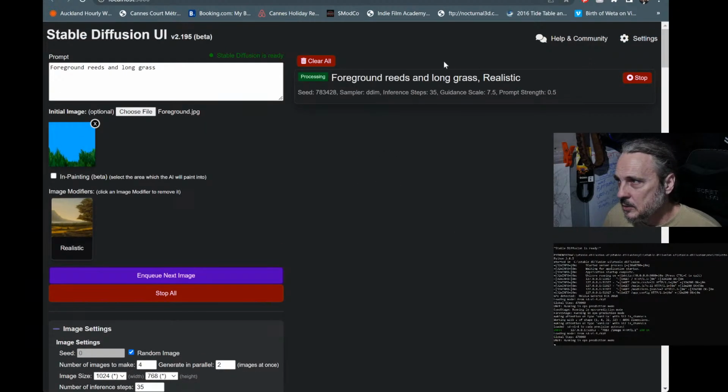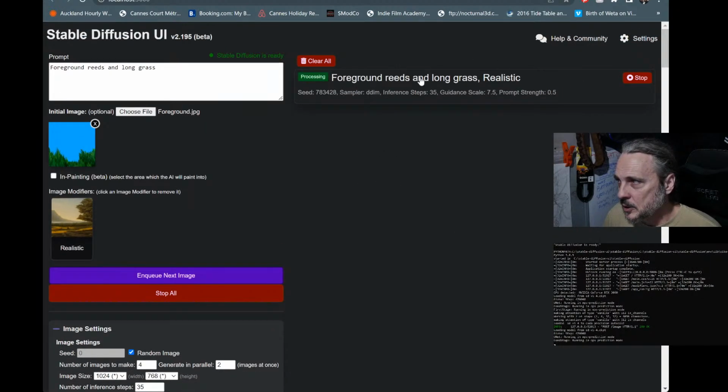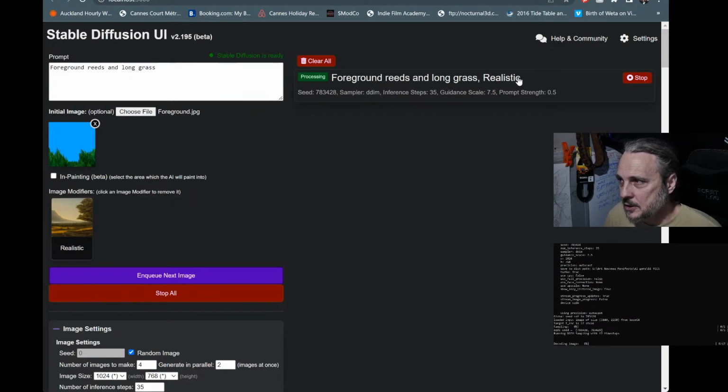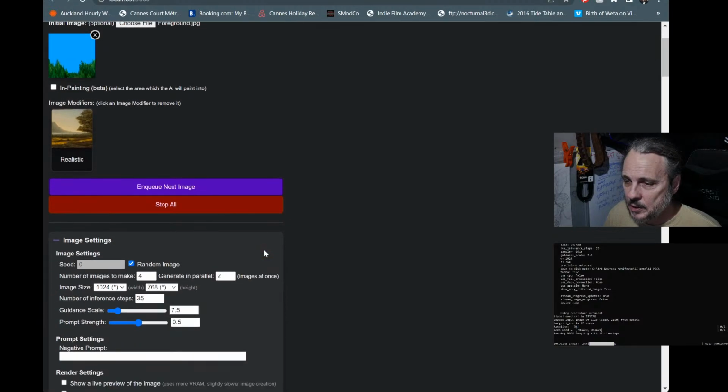So now it's added this little window here, which says foreground reads long grass realistic. So that's the text part of the prompt, foreground reads and long grass, and the image modifier is realistic. Then down here you can see the seed, the sampler, the inference steps, the guidance style, and the prompt strength. We set the prompt strength and the guidance style. We set the inference steps. We didn't change the sampler